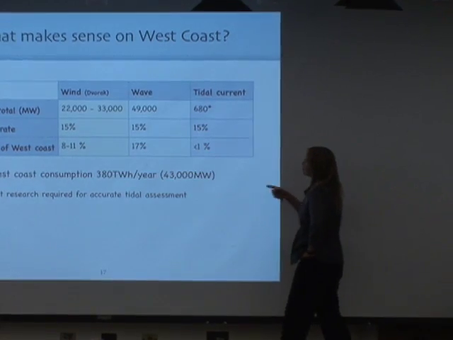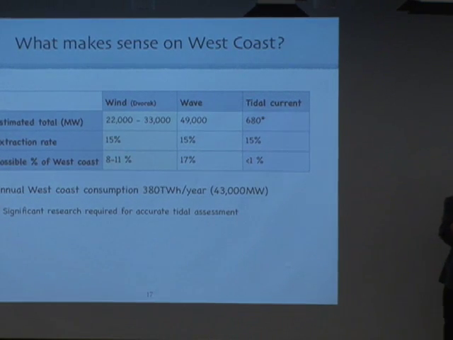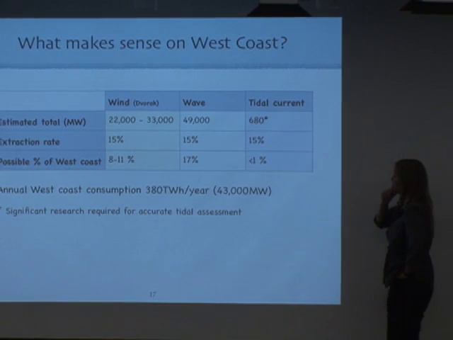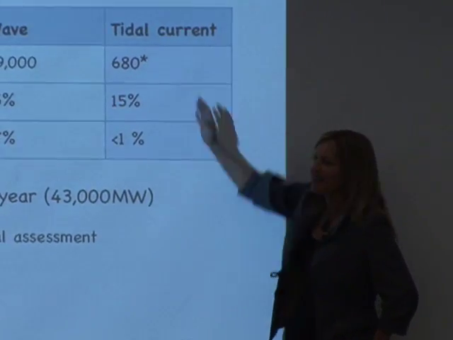Now wind, if you talk to Mike, for example, would say, hey, that's a lot more because we can extract more than 15%. But just for comparison, I put the same there. Okay? Again, a bit of a disclaimer, tidal currents, we're really not so sure. I think that may be a little bit more. But if you're looking at, for example, the Mendocino coast or the Golden Gate area, and you look at what's available, my gut feel is that we're much better off putting wind there, offshore wind, than we are putting wave or tidal devices.